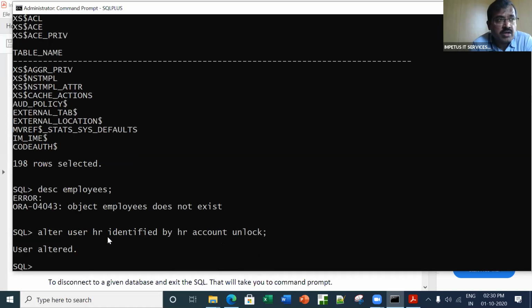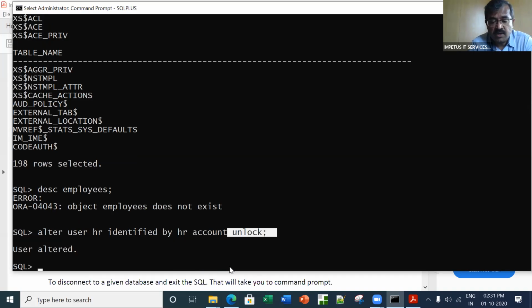Now we have unlocked that particular account. Sometimes if it doesn't work, try out this command. I have not given that command in that PDF file, but in case it doesn't work for some reason, just type in the command alter user HR identified by HR. This is the username, this is the password, and the account has now been unlocked.